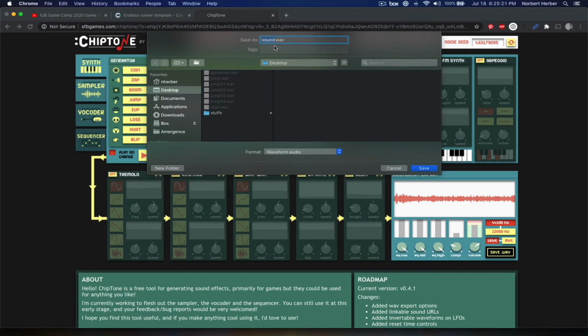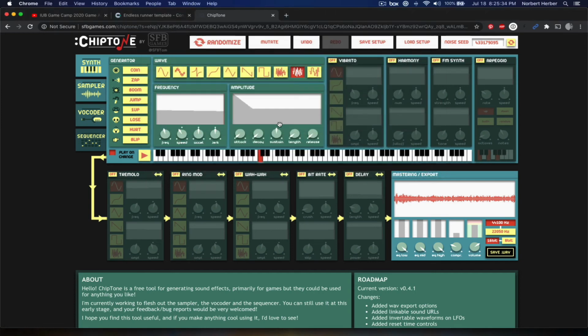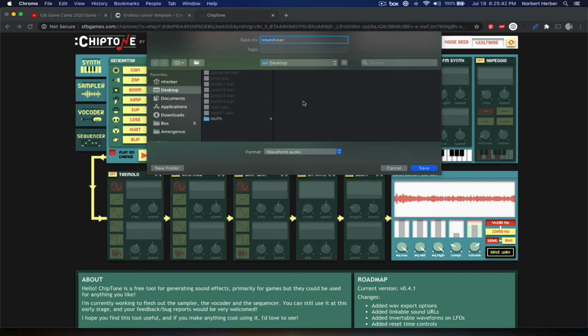So I can make a wave file, and then I'm going to call this step 01. As you can see, I'm using that same sequential pattern as before for these footstep sounds. I'm going to save that. Now, there's a couple different things I could do. I could click the mutate button and get another sound. That one works well, so I'll call this